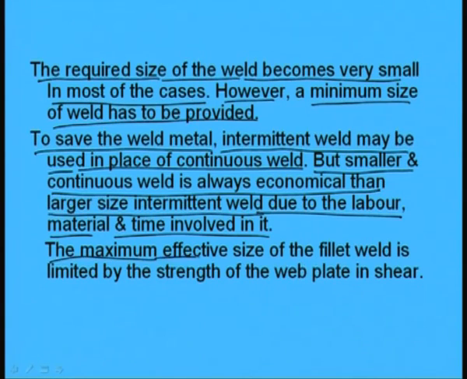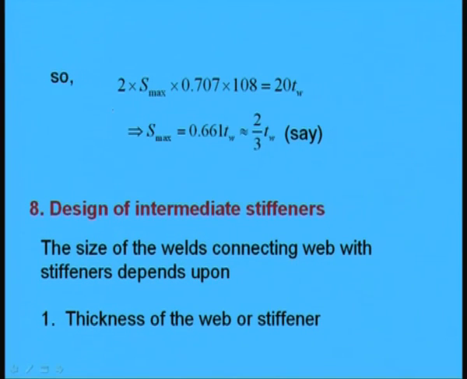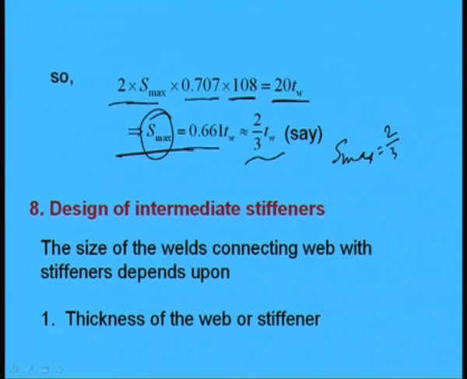The maximum effective size of the fillet weld is limited by the strength of the web plate in shear. So, now we can find out the maximum size of the weld, that is 2 into S max into 0.707 into 108 is equal to 20 TW. So, from this I can find out maximum S is equal to 0.661 TW, or approximately 2/3 TW. So, the maximum size we can simply write as 2/3 TW,